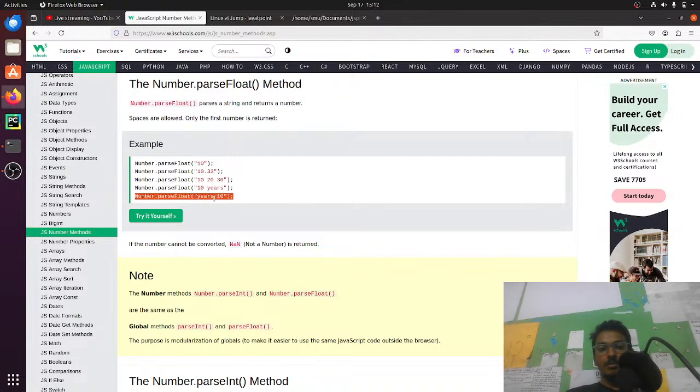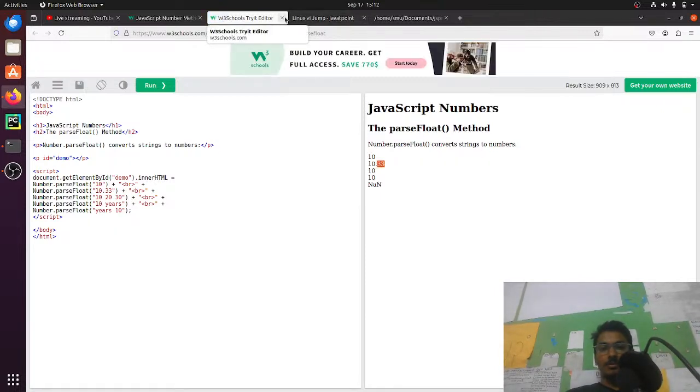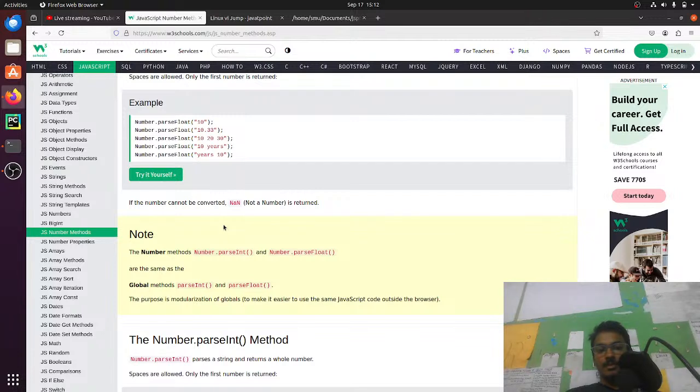So here it will throw NaN, and this number will print, and this is also printed. So this is exactly what I am thinking about. I'm sorry, I'm not able to express my thoughts to you guys. If the number cannot be converted,